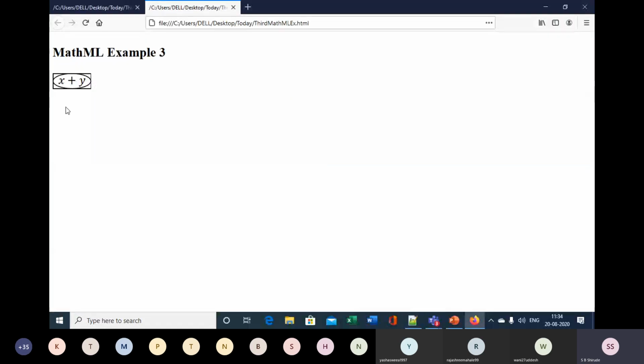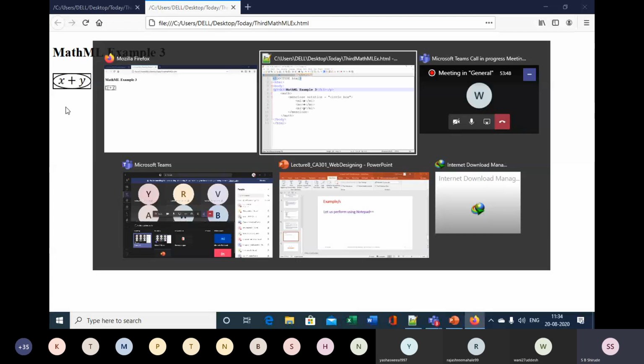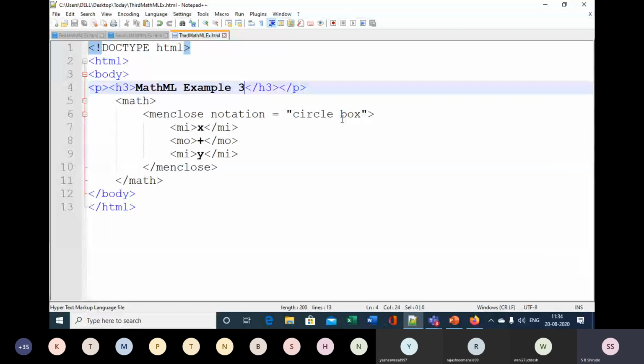Here there are different styles that you can put. So you can find out what different values can be put over here. And for that, you should visit w3.org, try to understand it, try to find out many different values, many other different attributes that you can specify. So this is the example in which we have demonstrated the menclose element. Now, one more example I will demonstrate to you over here. So let me create one more notepad. And now let us take a somewhat complicated expression.